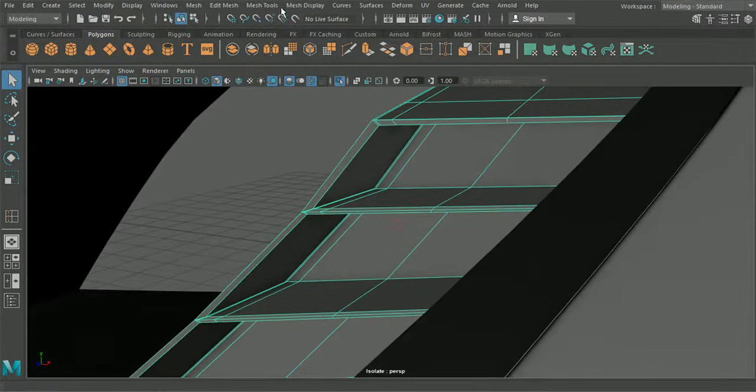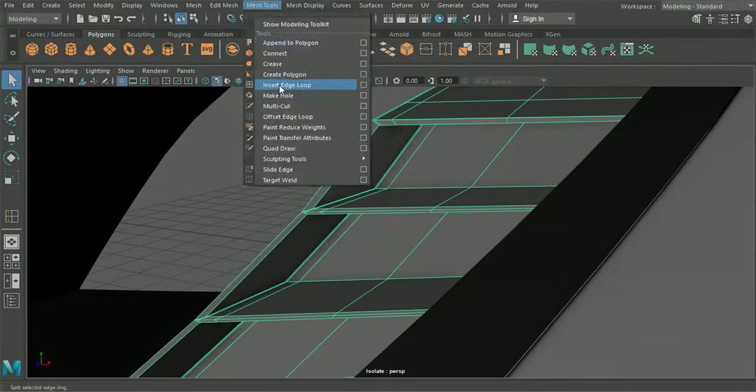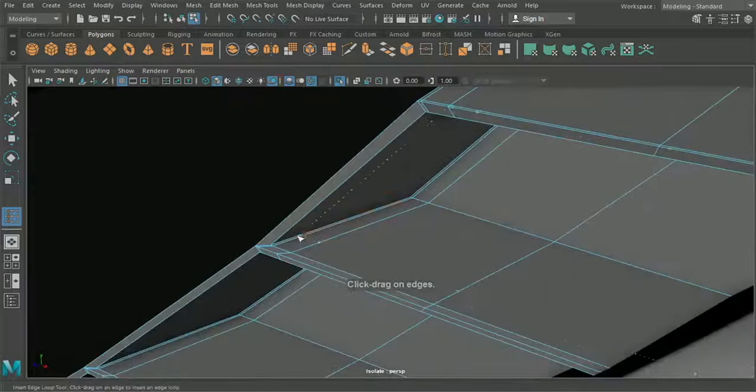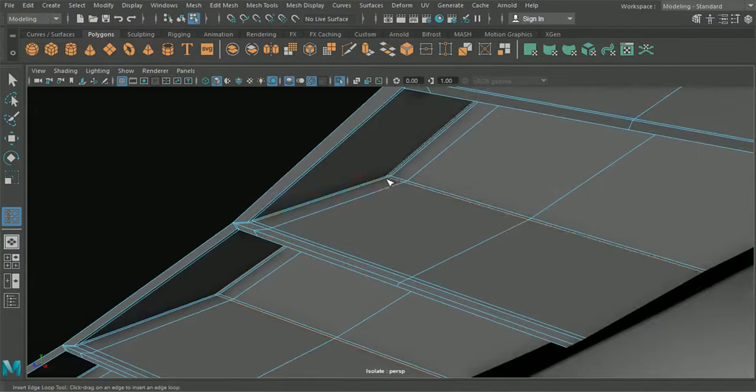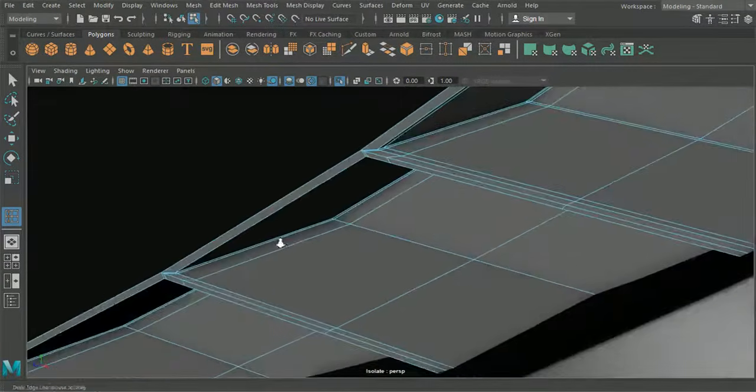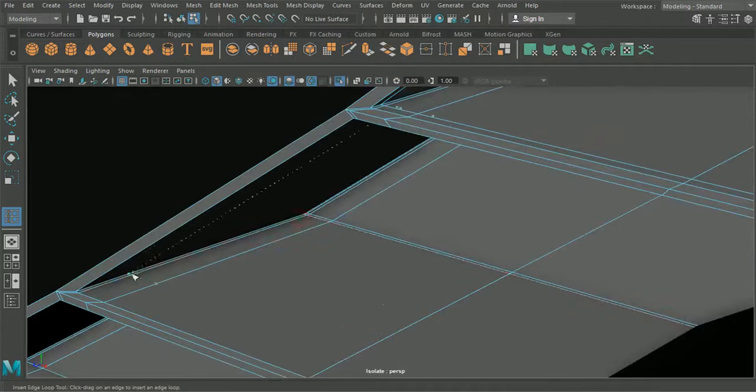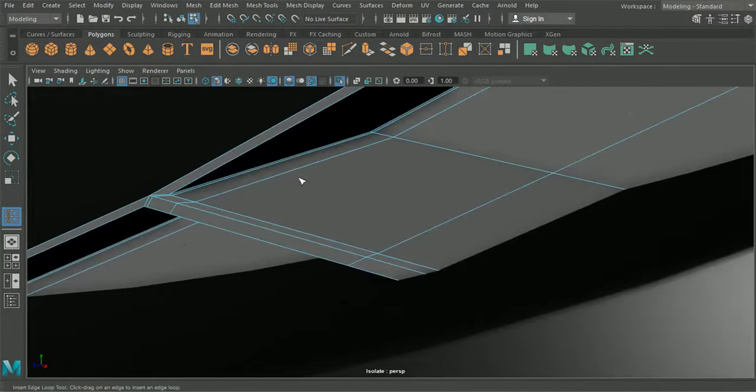Maybe what we'll want to do is insert some edge loops around each of these sections here. Maybe go here as well, just so that we're not kind of scooping in, because it doesn't look like it does that. It does look like it's somewhat sharp.